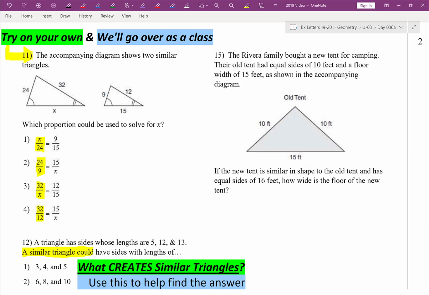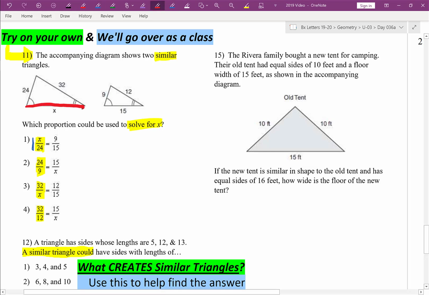They're telling you the shapes are similar. They're similar triangles. And what makes this tricky is they give you a bunch of proportions. They're saying which one is correct, which one is a valid proportion to solve for x. And it's hard to work with things that people give you. And that's kind of the trick to solving this is, for answer choice one, look at the first ratio, right? And then bring it back to the picture